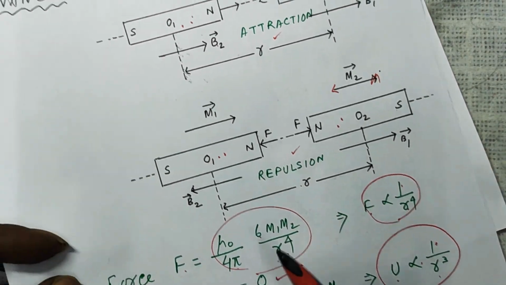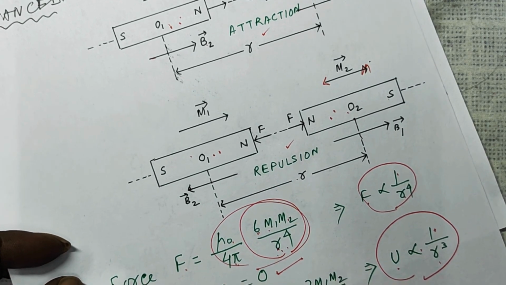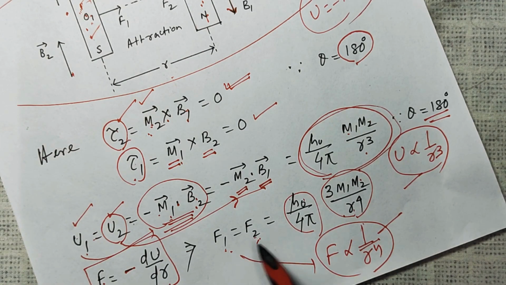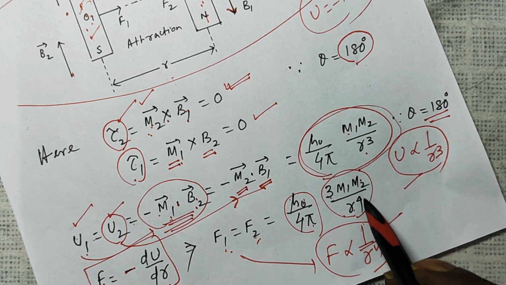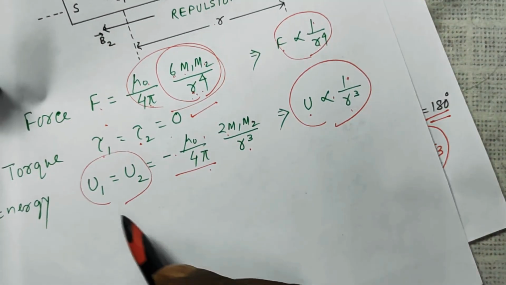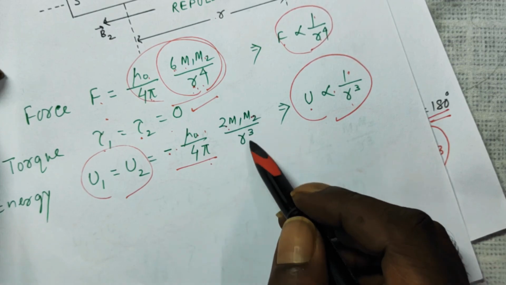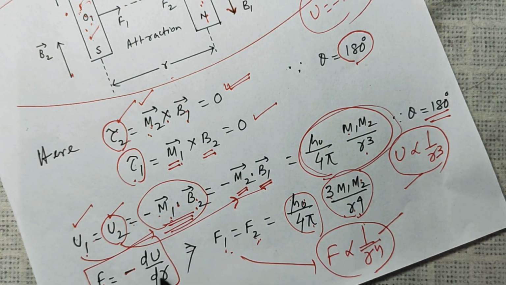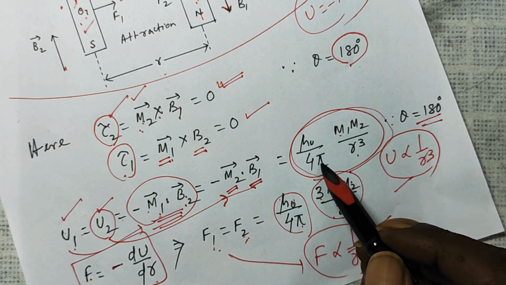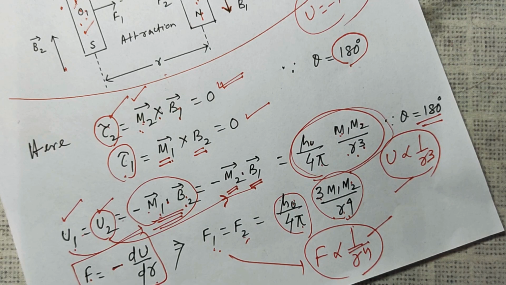In lesson 12, when the orientation was like this, the force was mu naught over 4 pi, 6 m1 m2 by r to the power 4. Here the force is mu naught over 4 pi, 3 m1 m2 over r to the power 4. And in lesson 12, your energy was minus mu naught over 4 pi, 2 m1 m2 over r cube. Here the energy is mu naught over 4 pi, m1 m2 over r cube, but it is positive. So that is all about